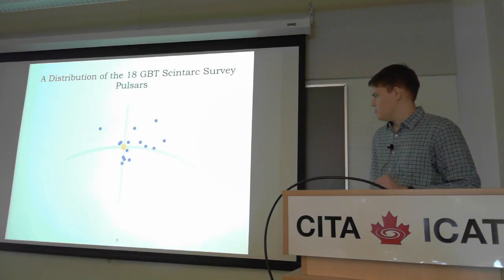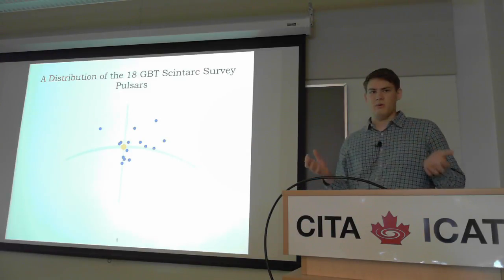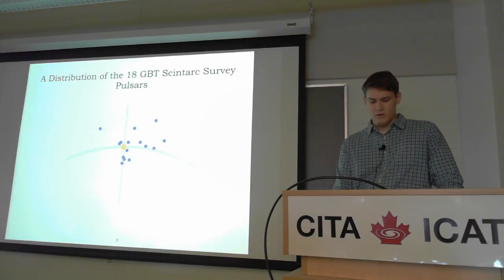Just to get a little bit more zoomed in, as you can see, they're all pretty closely clustered. And this is what we wanted. So this is, again, what we meant by low dispersion. So to jump right into it,